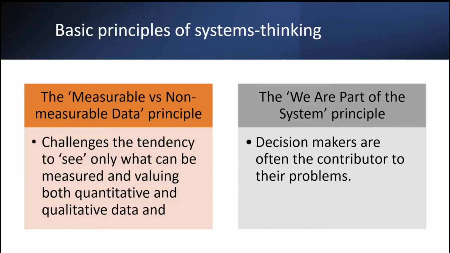But you need to go beyond that and find out several other qualitative ideas as well, such as moral attitudes and impressions to understand the system's impact. Then we are part of the system principle. And that means whatever we are doing currently, it impacts all of our system components in the system. That means we are the decision makers. And therefore, we need to understand all these relationships, and we need to take the ownership of our own system.